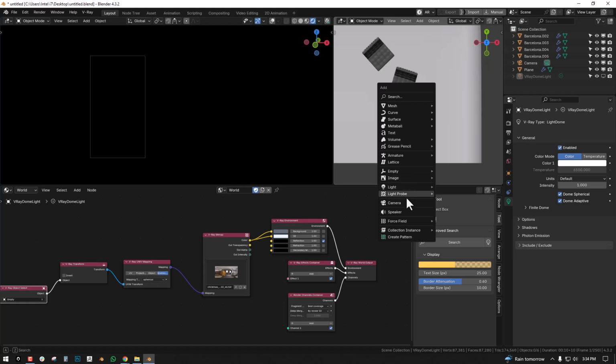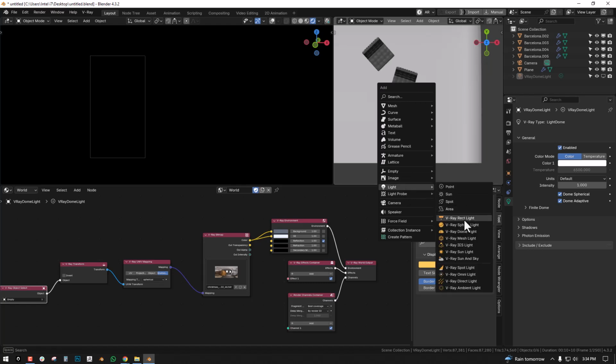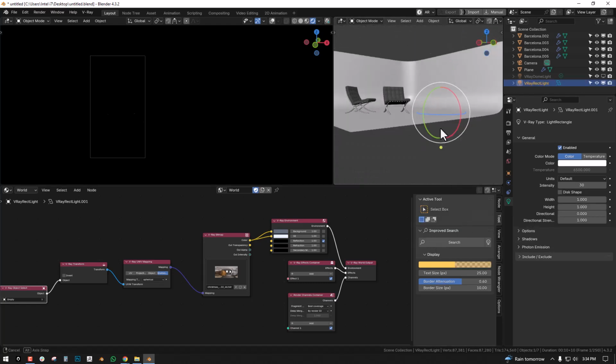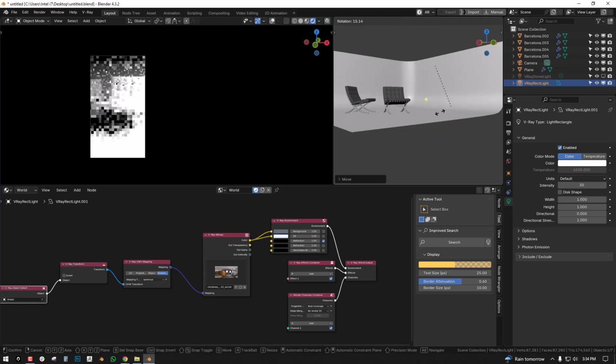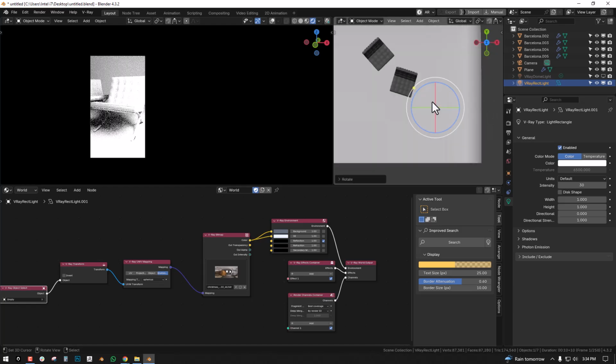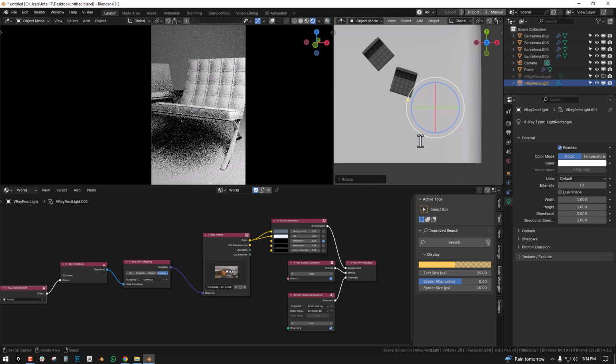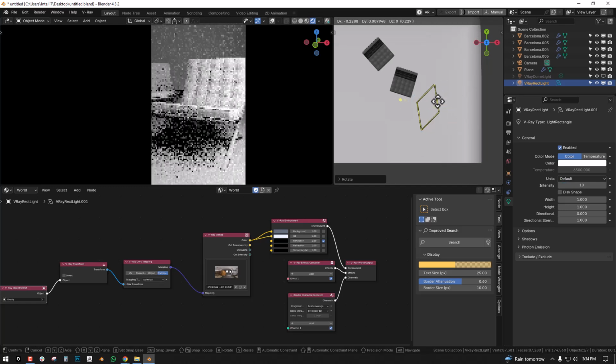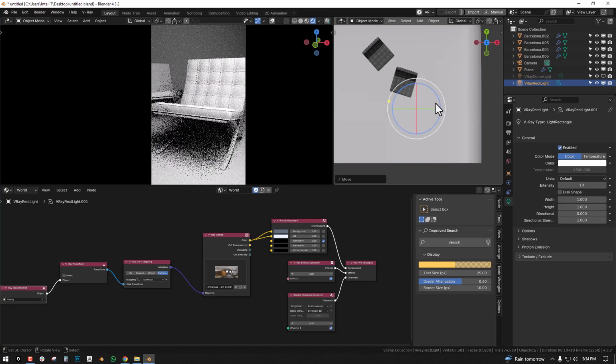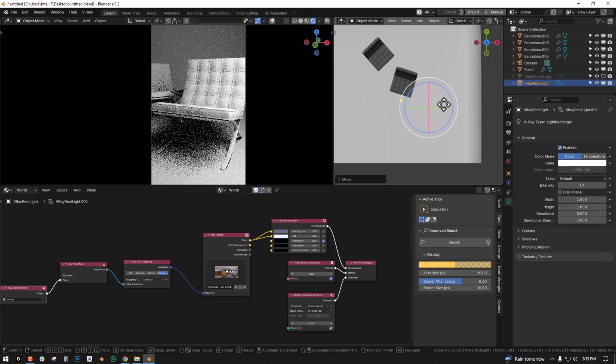For that, we'll use a rectangle light. We can bring this up and rotate this nicely. It's a bit blown out. For that, we can reduce the intensity to like 10. We just want to highlight the key object,